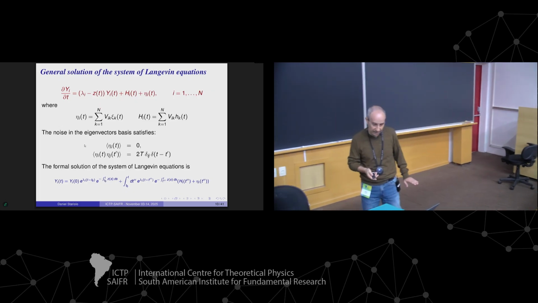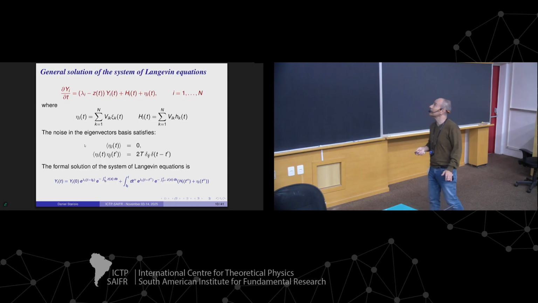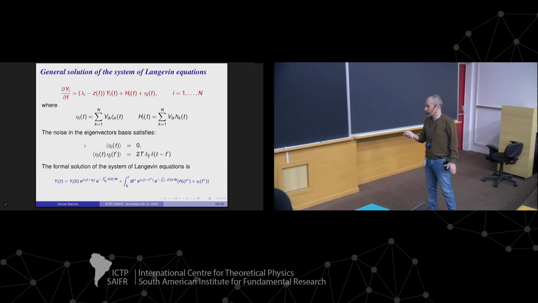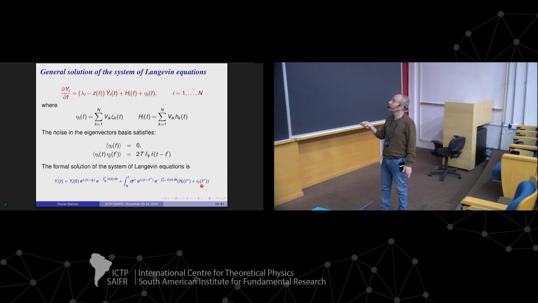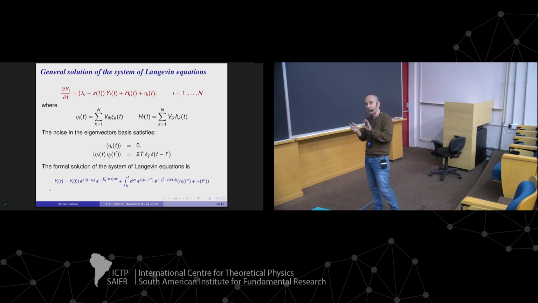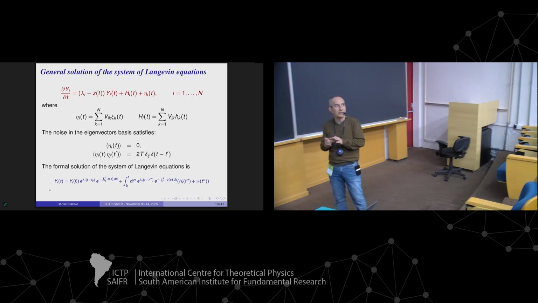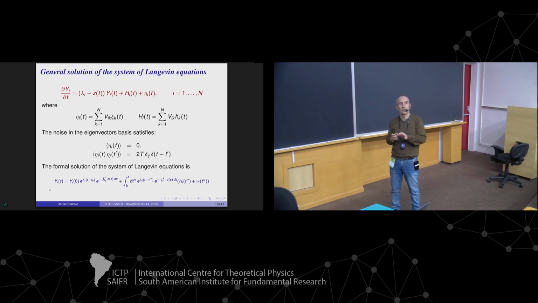So this is the exact solution. You see that it depends on the realization of the noise. Here, it depends on the realization of the noise. It depends on the spectrum of eigenvalues of the J matrix, and on the initial conditions. These three ingredients, each of them are important for a disordered system, because if we think of that rough energy